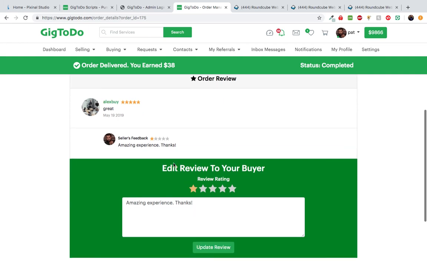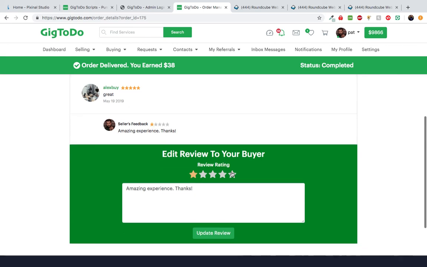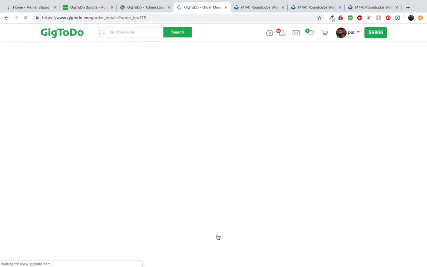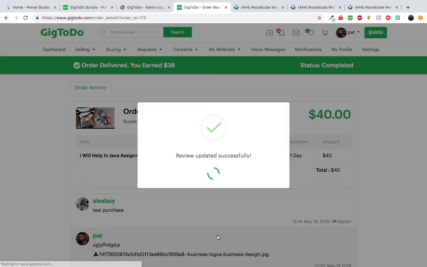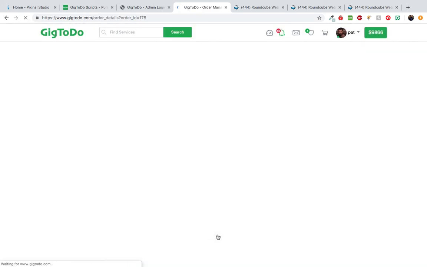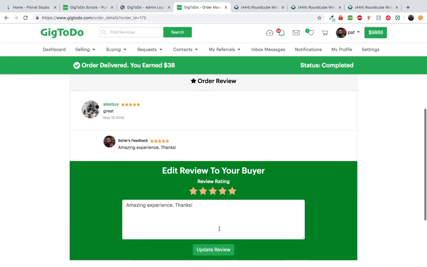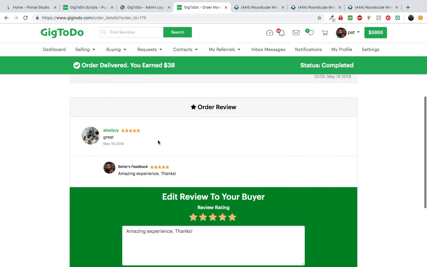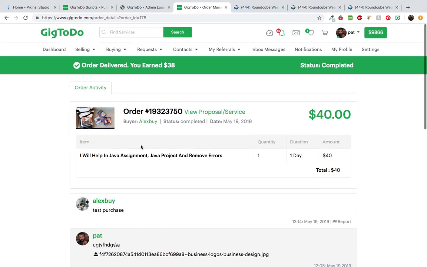So Pat can also rate the order and he can also update the order. So right here I can see Pat just rated 1 star. So let's go ahead and rate 5 stars and update our review. So yep, updated. As you can see here, an order page has a lot of details about the